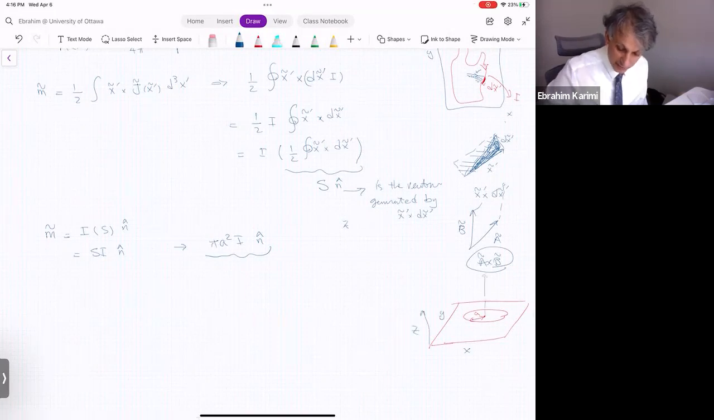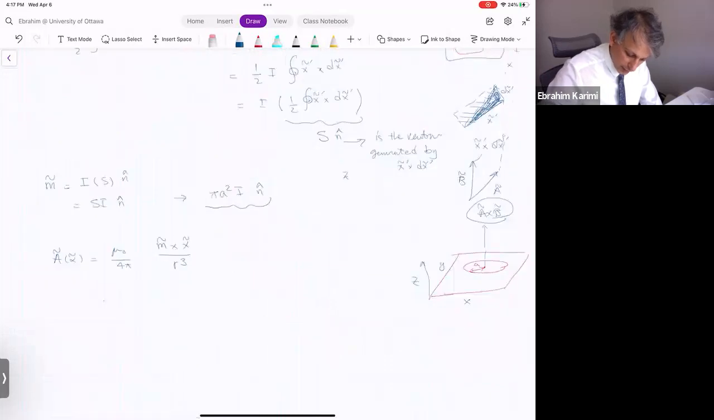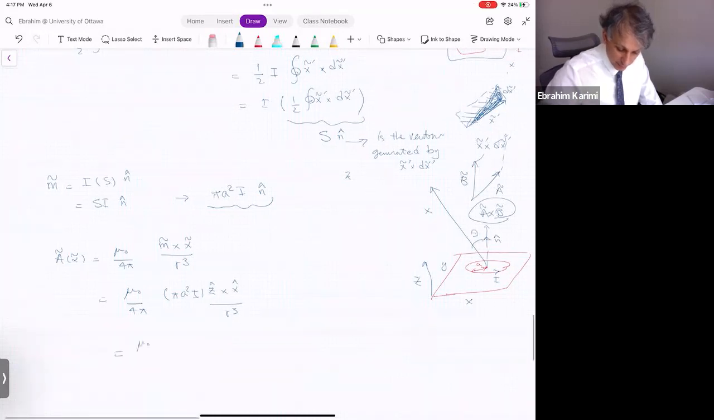Then far away from this place, far away from the circle, what we get as a vector potential will be given by μ0 divided by 4π, m cross x divided by r to the power of 3. We already calculated the magnetic dipole moment, which is πa²I, with the current I along the z direction, z hat, cross x divided by r cubed. If that's x, and that is n along z hat, and the angle is θ, then that will be μ0 divided by 4π, πa²I, z cross x, which is r sin θ, divided by r cubed,